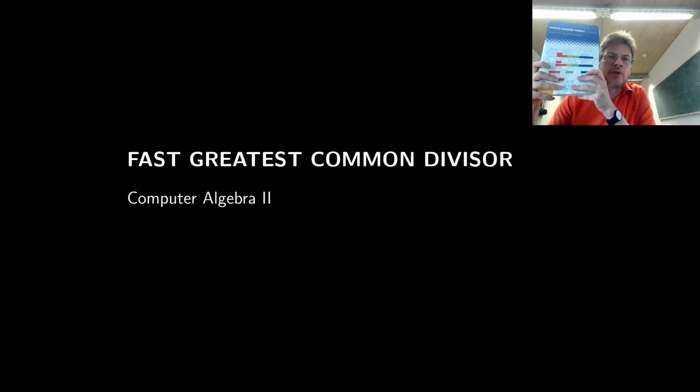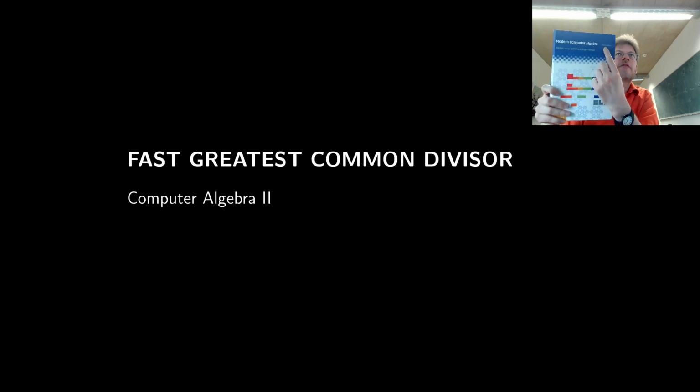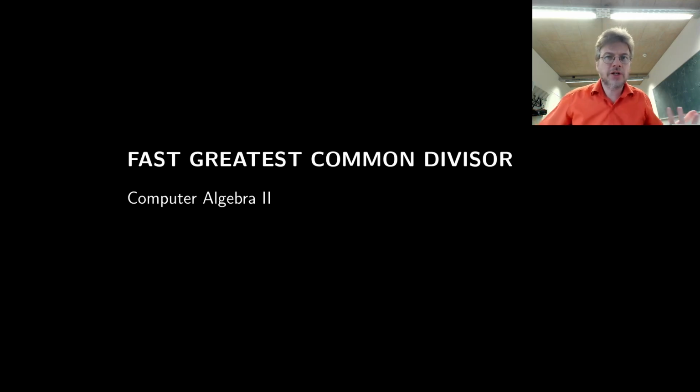If you look up the chapter there about the fast Euclidean algorithm, be sure that you have the third edition of this book, because they updated and changed and I should say repaired this chapter in the third edition. So there are some bugs in the earlier editions, and they have also changed a bit of the notation, so don't get confused. If you are in an old edition, check the third edition of this book. All right,